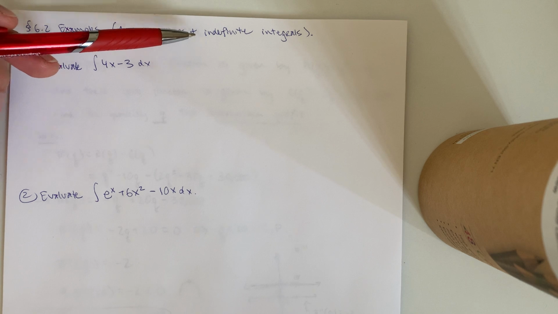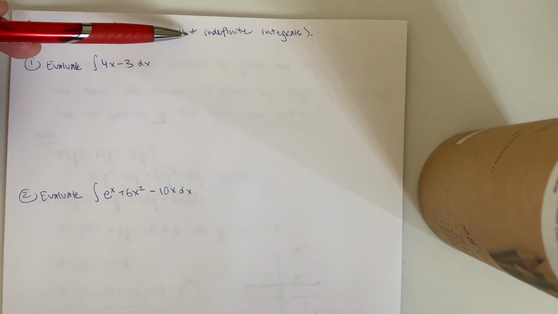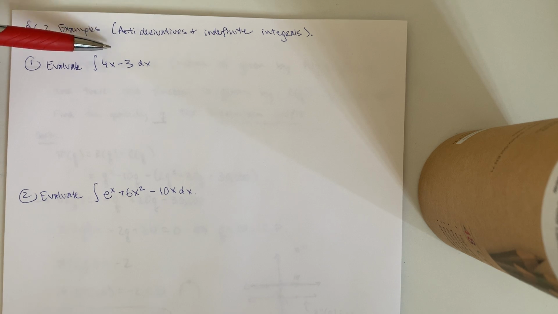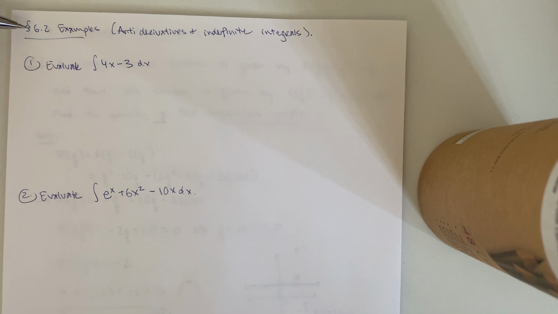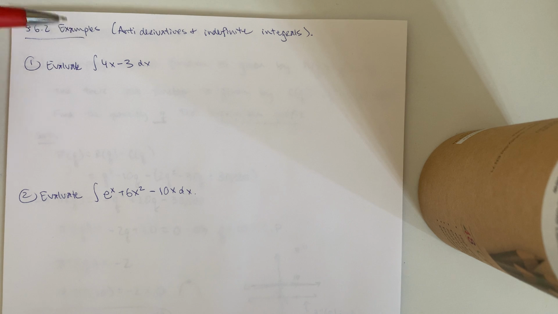So the integral, and we're going to see that there are two types that you need to know: indefinite and definite integrals. But in this video and this week, we're just going to get started with indefinite integrals. The process for evaluating indefinite integrals is sometimes just called anti-differentiation. Usually these terms are interchangeable. So this is section 6.2. Hopefully in the notes you saw the formulas that you'll be using in order to integrate. Just like you had differentiation rules, you have rules now, some properties that try to undo